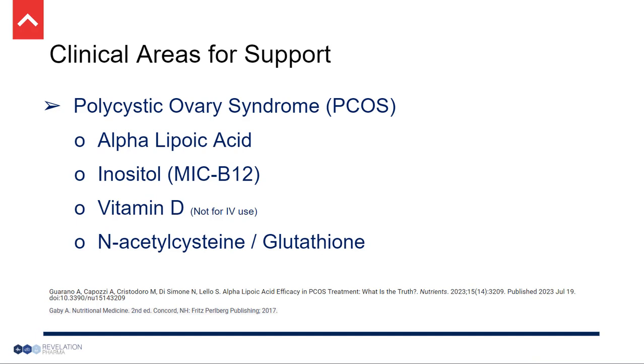Then, very importantly, low to very low vitamin D levels are frequently associated with women having PCOS, as well as inflammatory conditions associated with it. Trials have shown that vitamin D supplementation appeared to improve menstrual irregularities and fertility in women with PCOS. While possibly not as related to improvements in insulin sensitivity, vitamin D's positive effects in PCOS might be more related to its anti-inflammatory effects, as well as its many effects on regulating the hormone cascade. And vitamin D, when injected, is given IM and never IV, again, due to its oil base. And weekly IM injections are common for some period of time before weaning off to just continuing on an oral